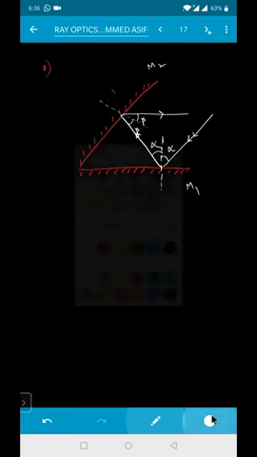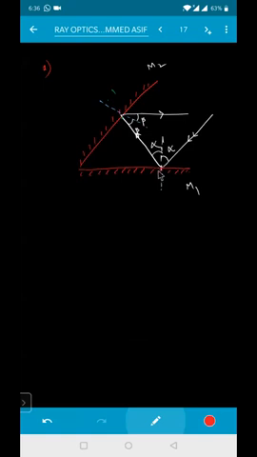Now, how do you write the deviation for this one, beta? We extended it like this, so this is the angle being made here. This one is delta 1. This is your incident ray of light, beta. What do you do for the incident ray of light? So the incident ray is this one, and if you extend it like this, this is your deviation. This one is delta 2. Now both of them are in which direction? Delta net will be equal to clockwise, so it will be delta 1 plus delta 2.